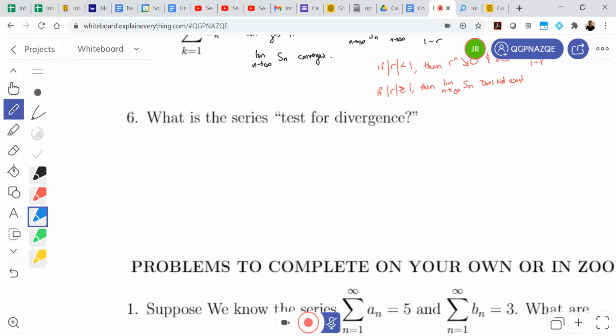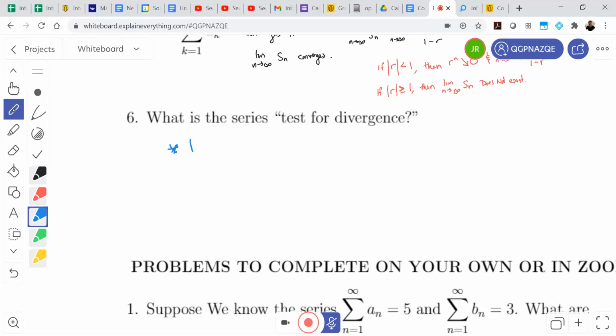This gives us one final, maybe truism, one final thing that we can realize that will always hold true and will allow us to immediately determine whether or not a series diverges, aka when a series fails to converge. And the test for divergence simply says,